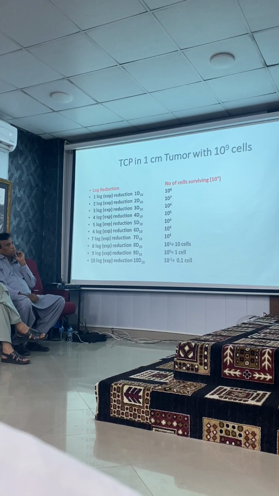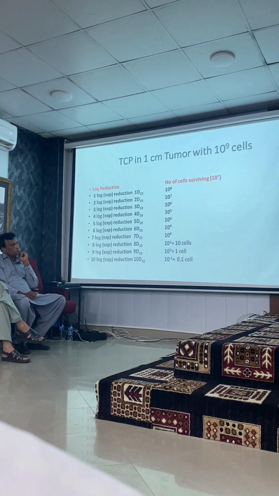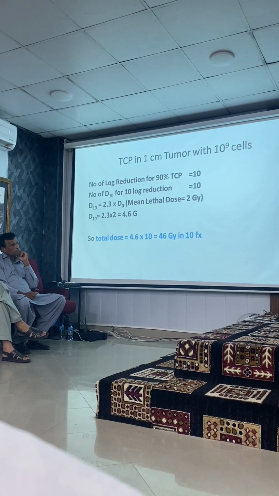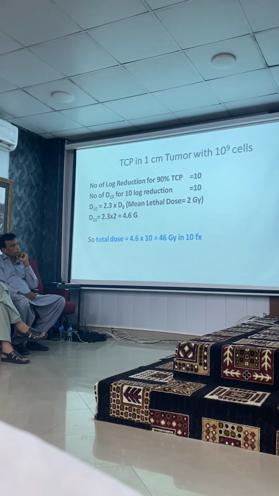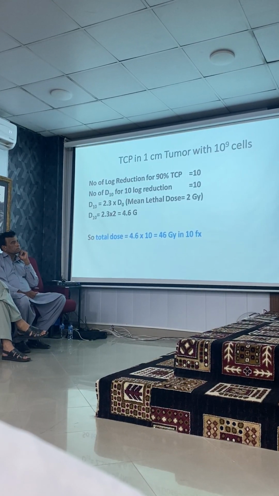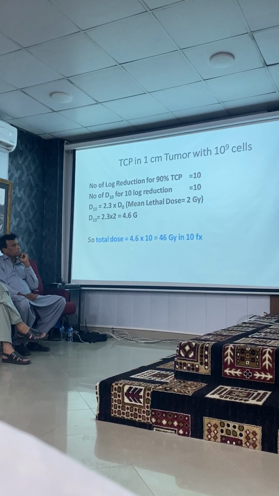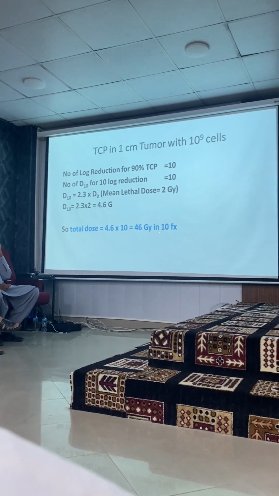And at the start we calculated that the D10 for 1 logarithmic cell kill is 4.6 gray. So the number of log reductions for 90% tumor control probability is 10, and this dose will be 4.6 gray for 1 logarithmic cell kill, and 46 gray in 10 fractions for